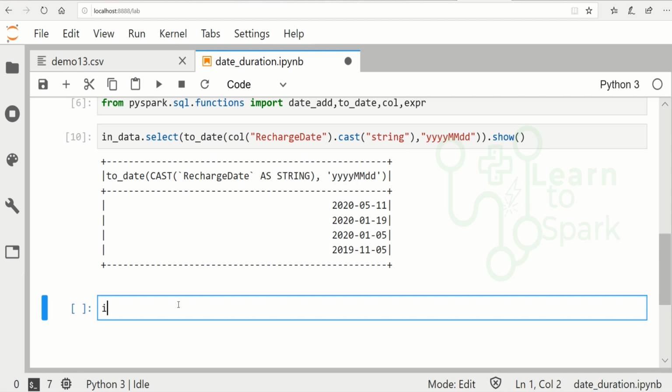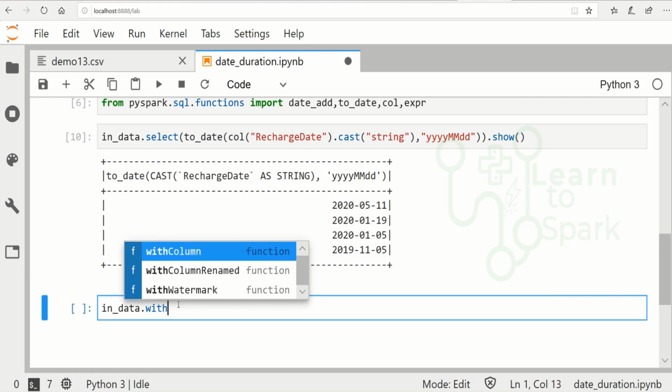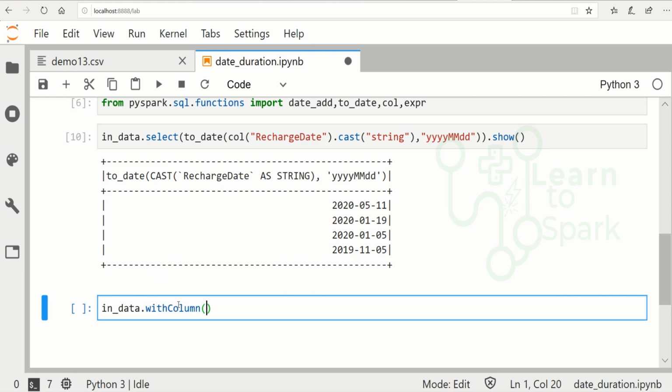I will add withColumn, and let me name it as date_s, and I will give the same logic here.